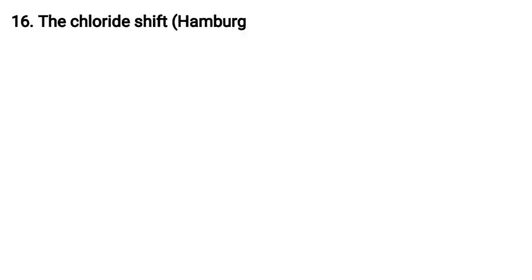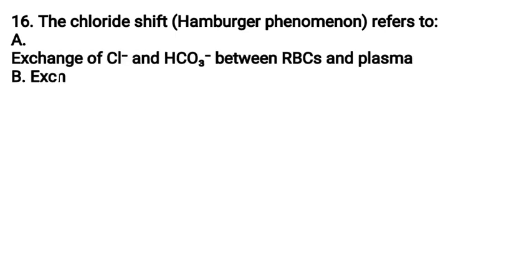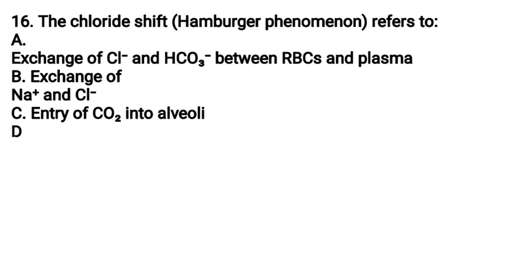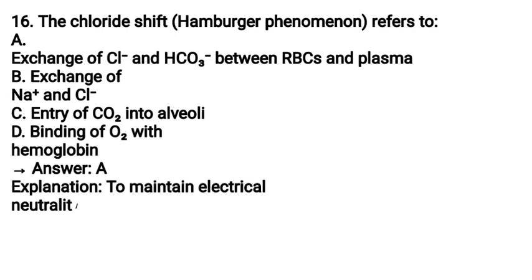16. The chloride shift, Hamburger phenomenon, refers to: A. Exchange of Cl- and HCO3- between RBCs and plasma. B. Exchange of Na and